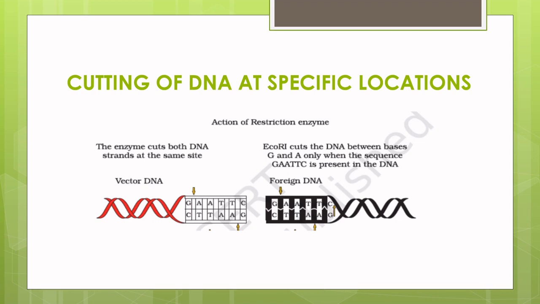After having cut the source DNA as well as the vector DNA with a specific restriction enzyme, the cut-out gene of interest from the source DNA and the cut vector DNA are mixed and ligase is added. DNA ligase joins DNA to DNA, and this results in the preparation of recombinant DNA.